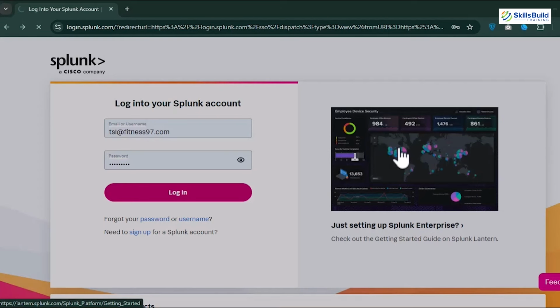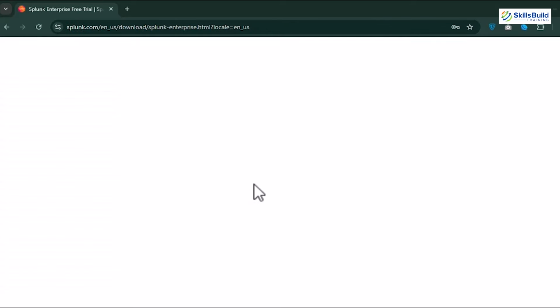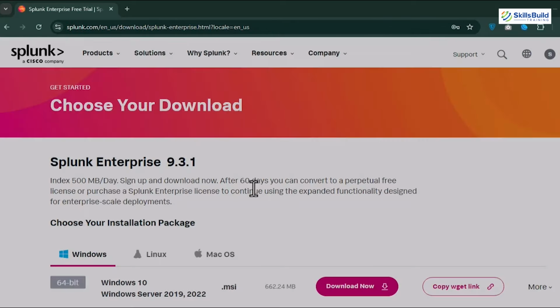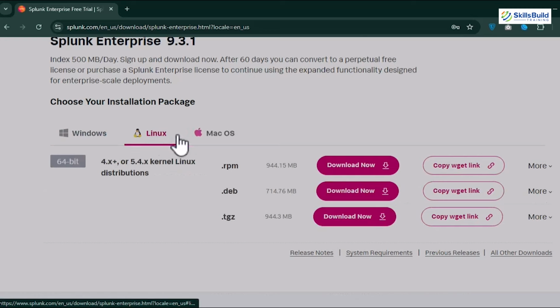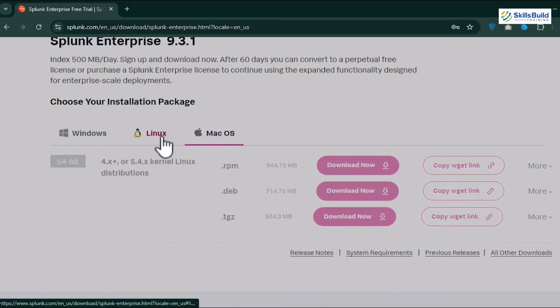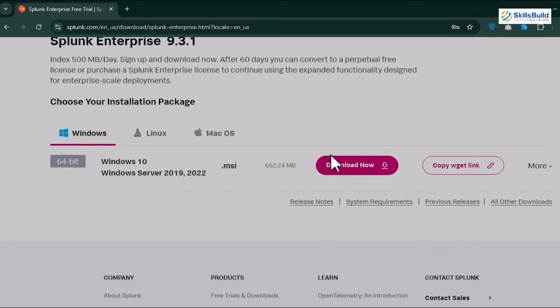After the creation of your account, log in to Splunk Enterprise. Here, provide your email along with the password that you provided during the creation of your Splunk account. After logging in, you'll be redirected to the Splunk Enterprise Downloads page. Here, the current version available for download will be available along with the packages that you can download specific to your operating system, like Windows, Linux, or Mac OS. As I am a Windows user, I am downloading the Splunk Enterprise version for Windows by clicking on the Download